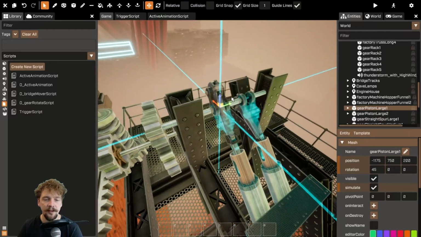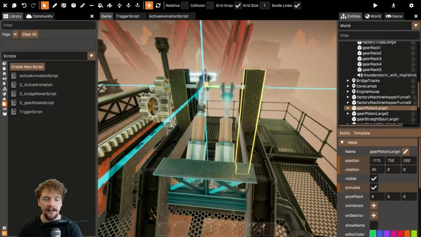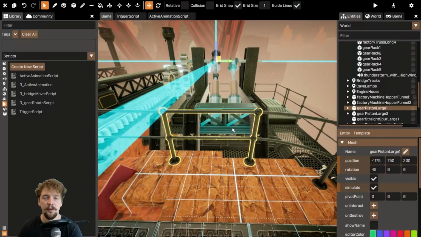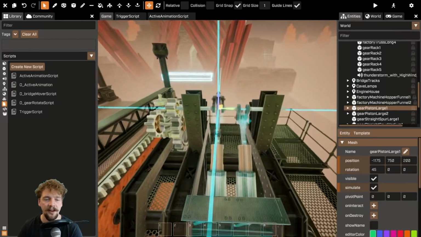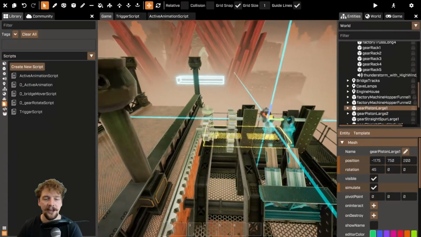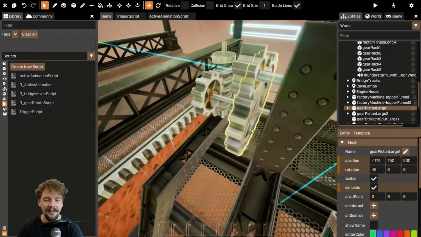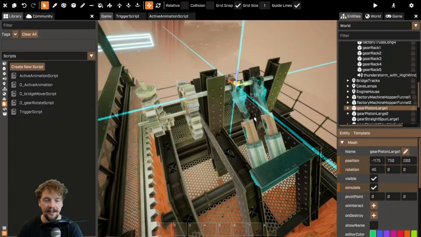Cool. So these pistons are spinning round and round, and I'm hoping that kind of looks like that's the source of the power of this whole bridge. I don't know where that's coming from. I don't know, magic. And okay, so connected to these, or it looks like it's connected to these, there's this